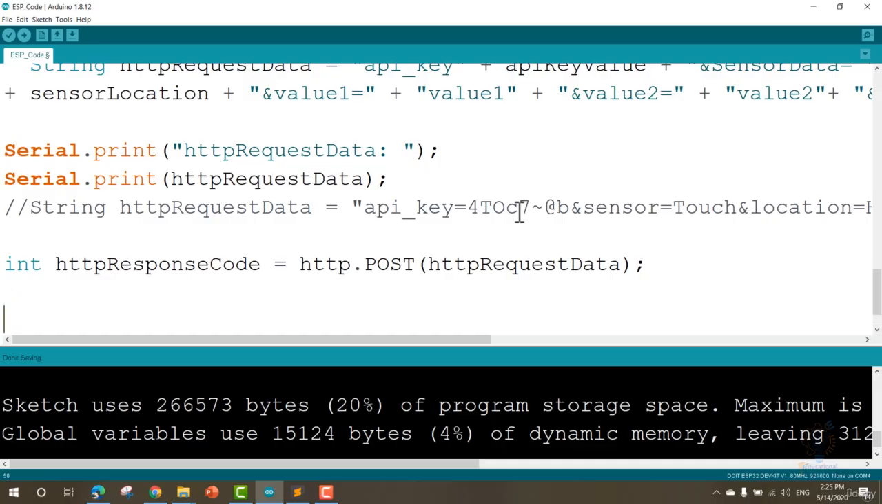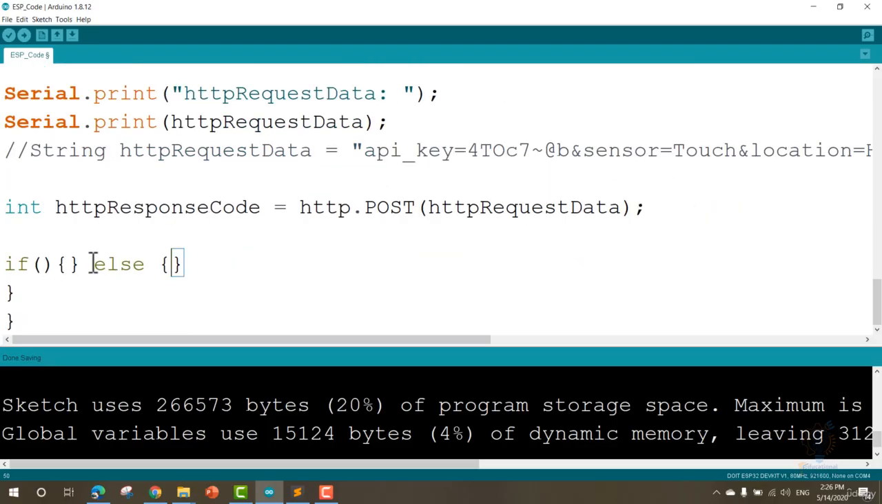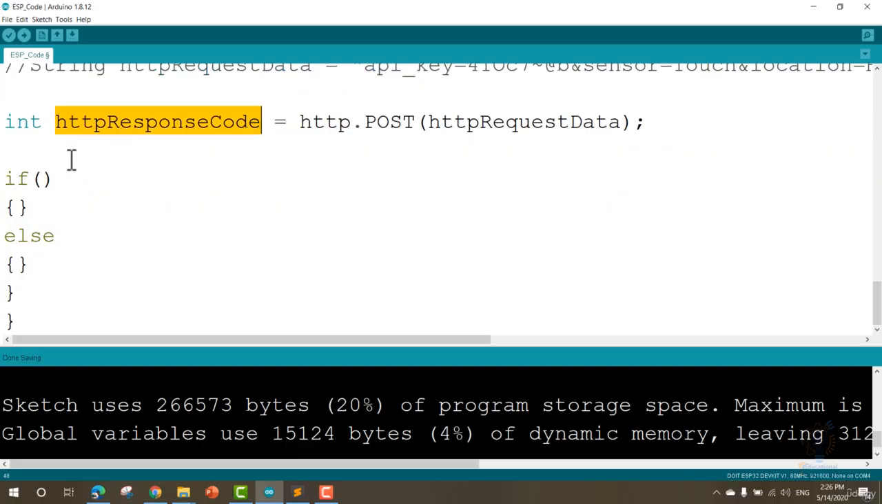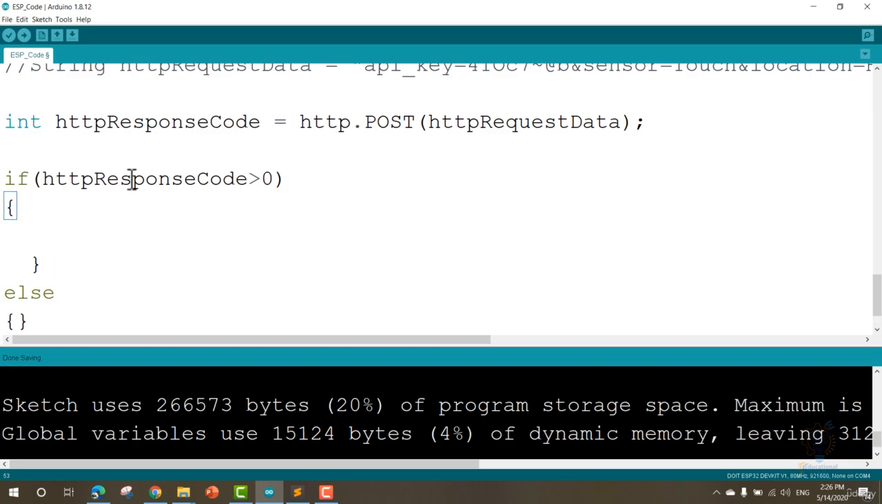Now, to check this variable, we need to ask using an if statement and else. Now the if statement will be if the HTTP response code is above 0. This means that we have sent data and we received a value above 0 as a response to the post request. In that case, we need to print on the serial monitor